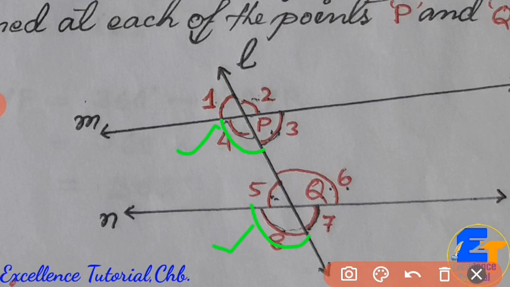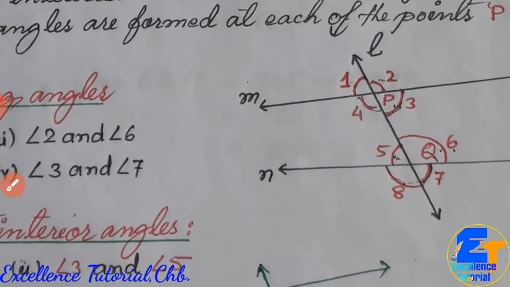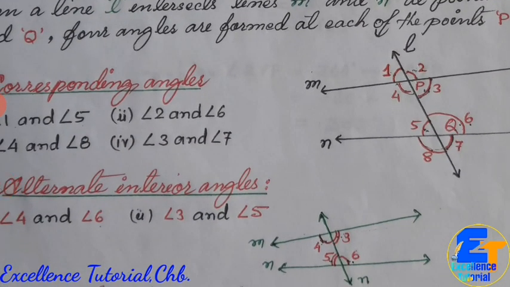In the same way, we can say in this figure, 4 pairs of corresponding angles are formed. How many pairs? 4 pairs. So what are the corresponding angles? See,